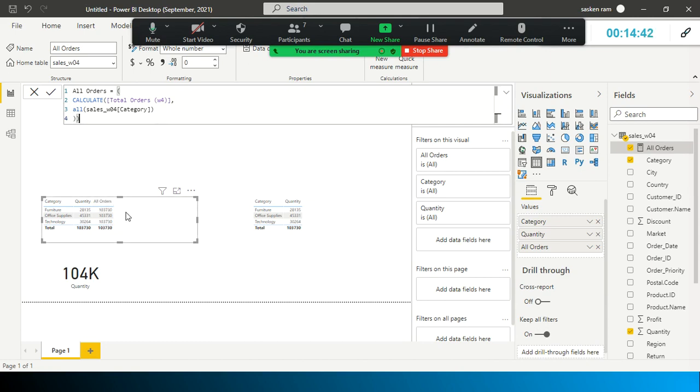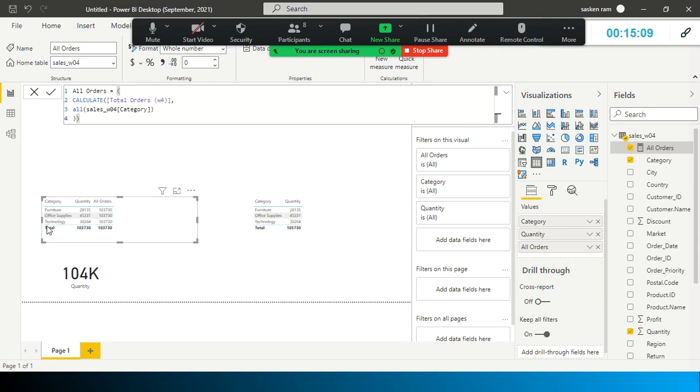Now if you want to find out the column-wise total percentage, the percentage of sold quantity, it will be very easy. If you have the total value here, 28135 divided by this one will give you the percentage of quantity sold in this category.